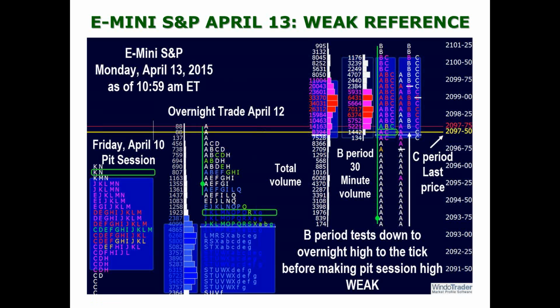Then there's the C period low. Finally, B period low, C period rally. C period comes down, takes it out by a little bit, and so it's a weak reference. A lot of single prints, but the odds are pretty good that before the day is over, we're going to trade down below these weak references. However,